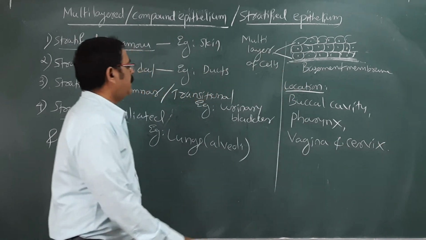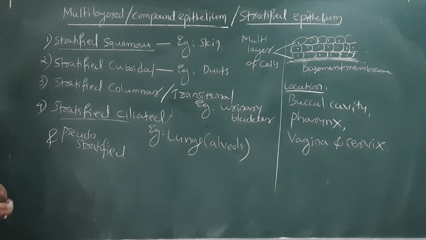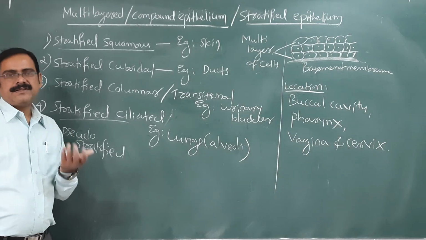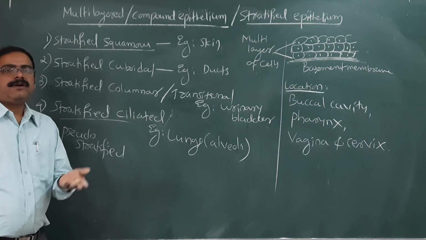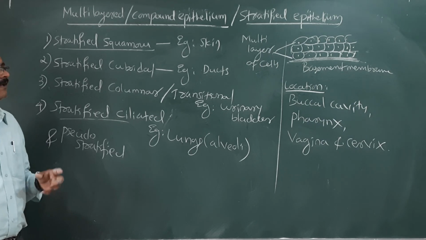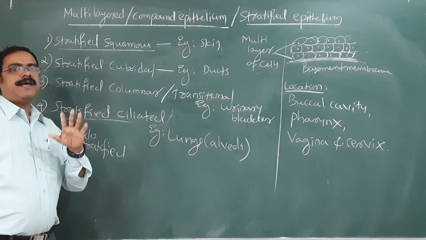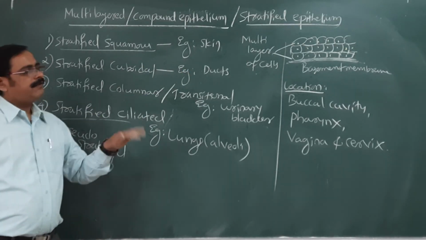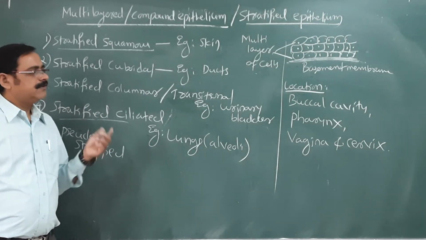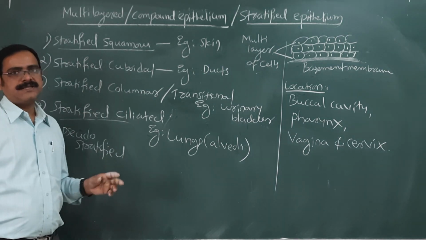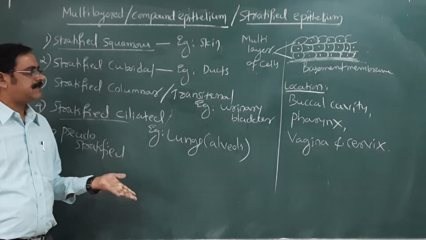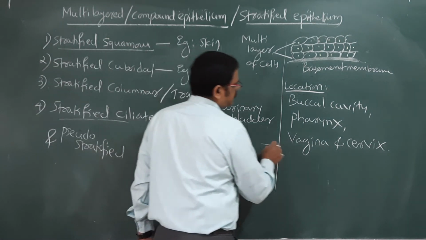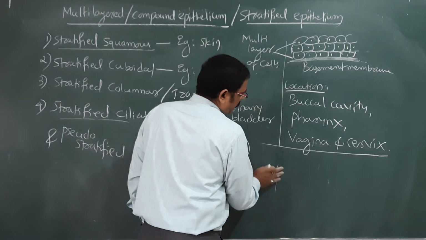In the buccal cavity or mouth, when you take hot tea or coffee, you damage your cells. The damage will heal very fast because multiple layers of cells are there which renew it quickly. Thus they provide protection against chemical and mechanical damage. So what is the major function of these multiple layers of cells? When we talk about importance,